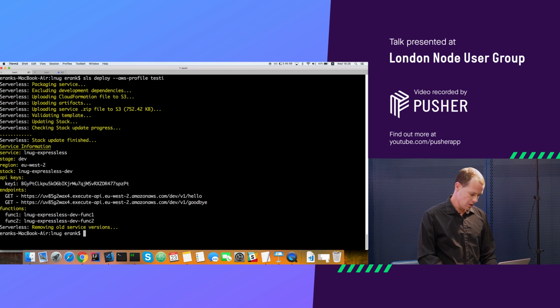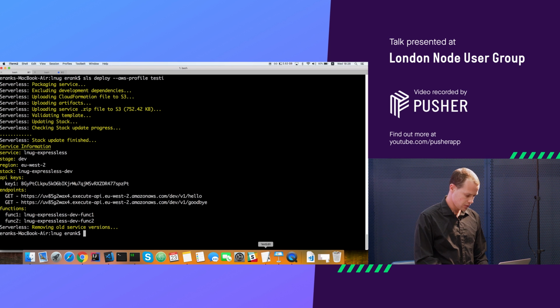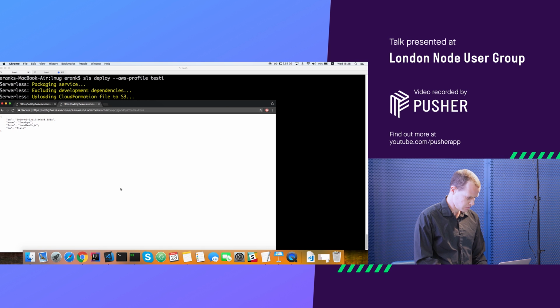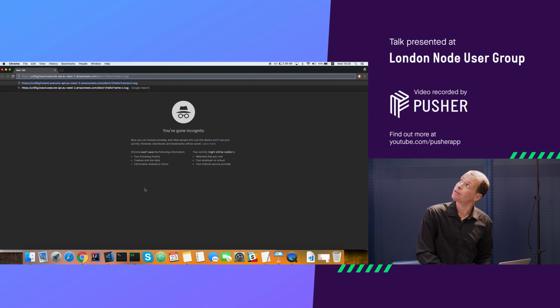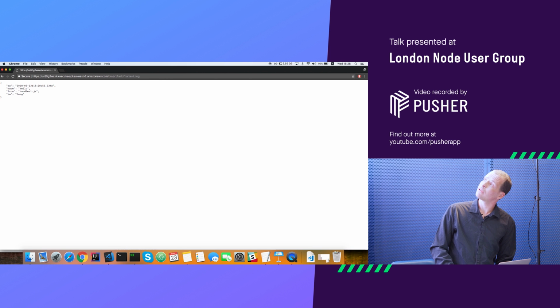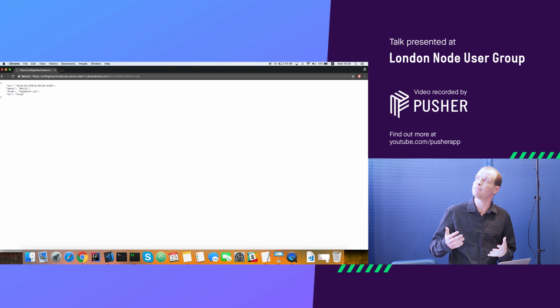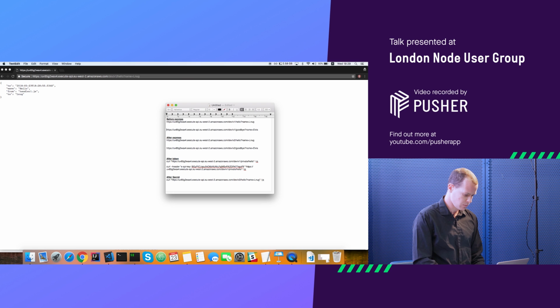OK, that's great. And you see that we got two endpoints here. And if we just hit them, OK, so that's pretty basic. But you can see how easy it is to deploy something, and straight away you get SSL termination, you get everything that you want, and there isn't a single server running, at least not my server. And because we deployed two endpoints,